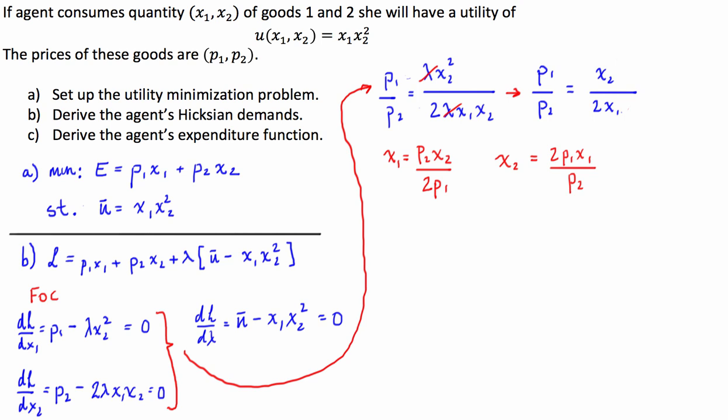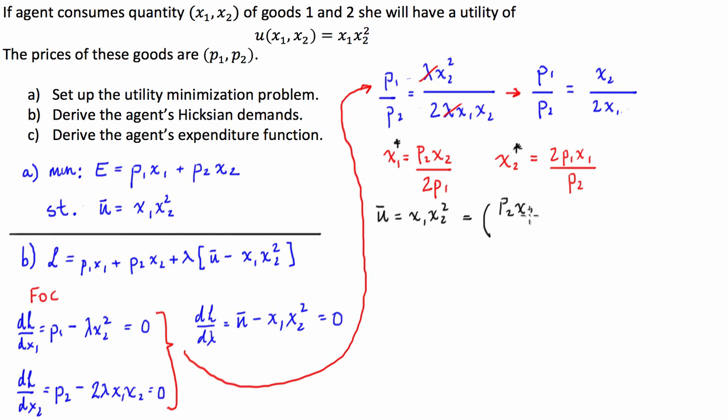So I'll change color. We've got u is equal to x1 x2 squared. We're going to enter in x1, which is our optimal demand, and this is another optimal demand. So we'll enter our x1 in, and we're left with